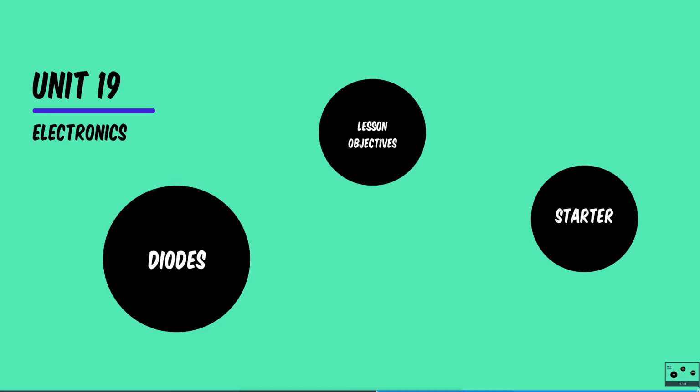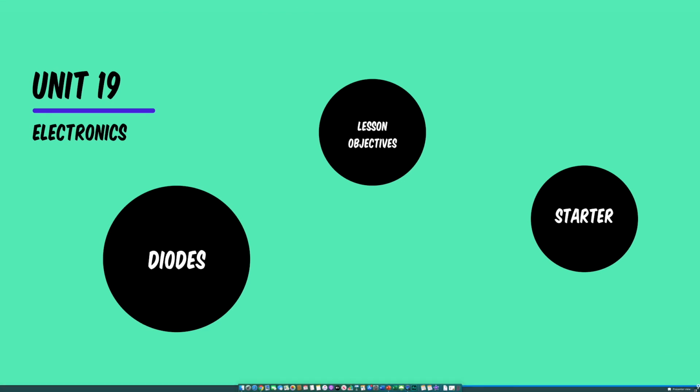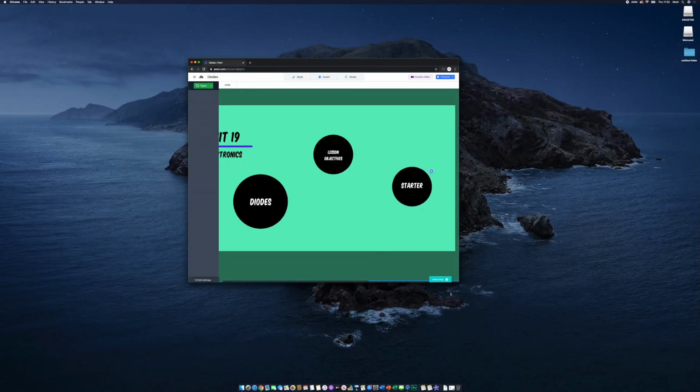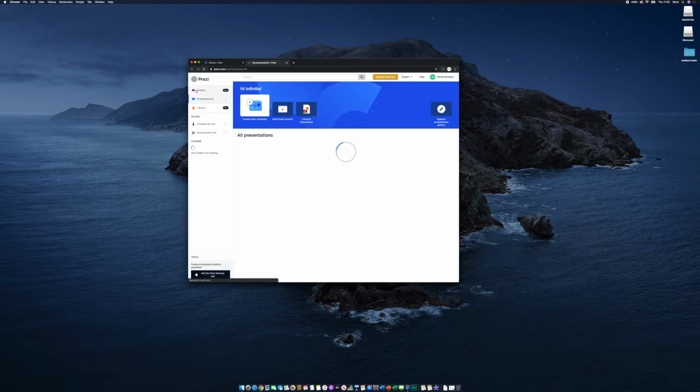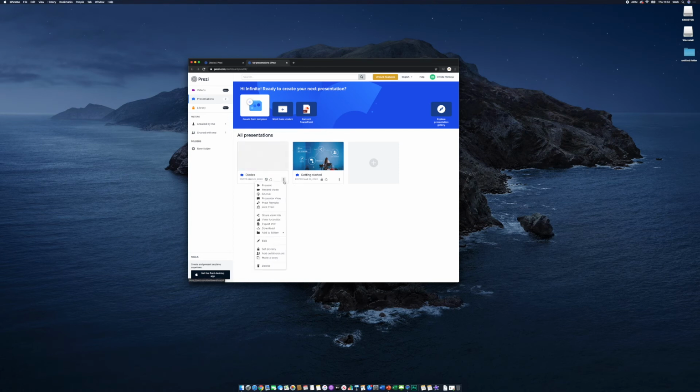So let's go out of presenter view. Down at the bottom here, you just click in and say we are done with that. What I want to do is go to my presentations. It'll automatically save. You don't have to save it anywhere. And here it is as diodes. Now it'll take a little while to update with the background and things because it is being processed on a server somewhere. But what you can do is